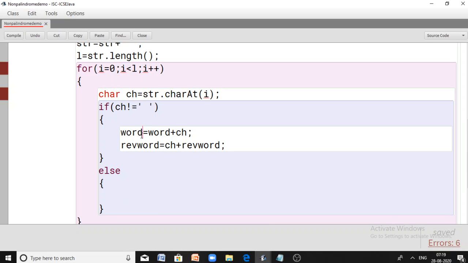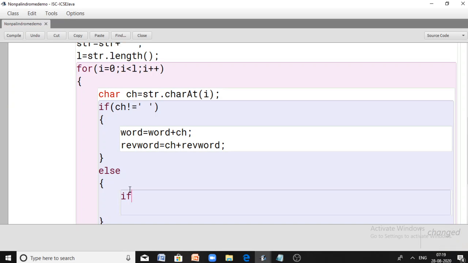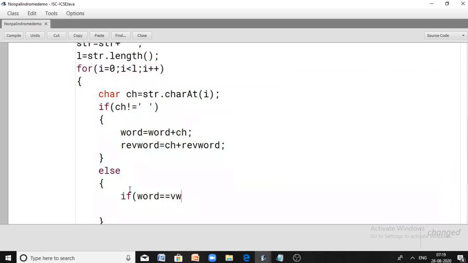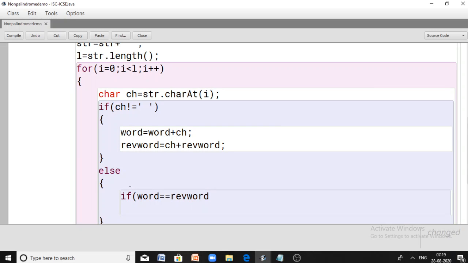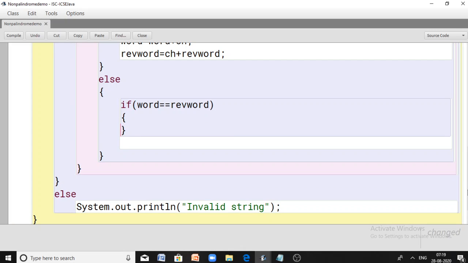Now this is the word, and this is its reverse form. So now I want to check whether both are equal, so that I can conclude whether it is a palindrome word or non-palindrome word. How can I decide? If both are the same, word equal to reverse word, then we can say that that particular word is a palindrome word. If the word is equal to its reversed form, then that word is a palindrome word. So if it is a palindrome word, you want to add it to the sentence directly, because you need not convert it into a palindrome.